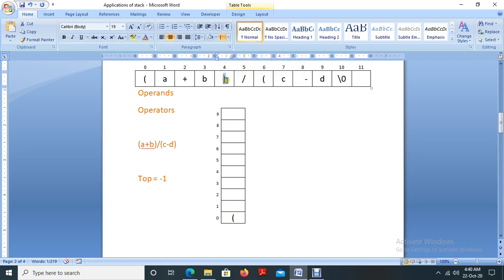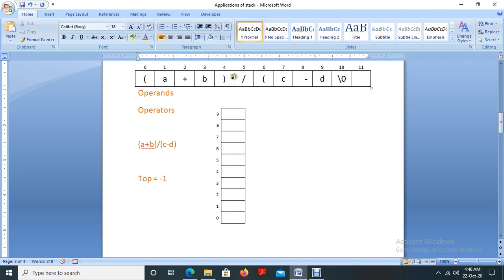Once the processed input is a closing bracket, we verify whether its corresponding open bracket is available on the top of the stack. On the top of the stack, we have its corresponding open bracket. So we will remove that open bracket from the stack and mark it as empty.